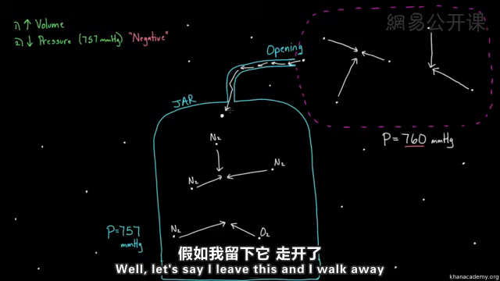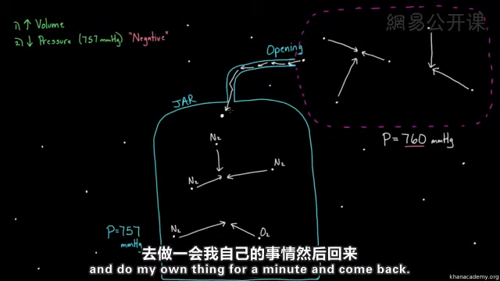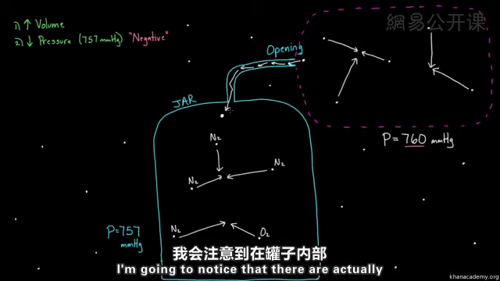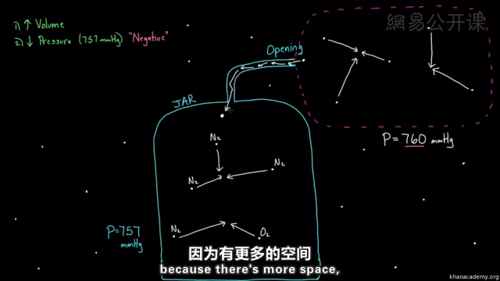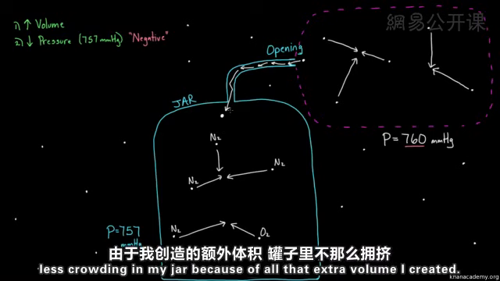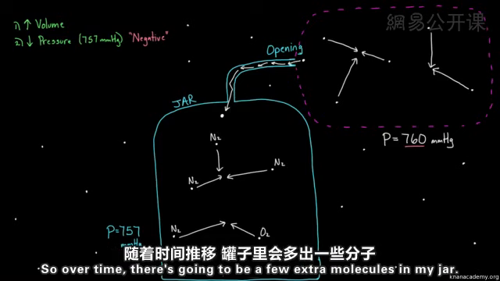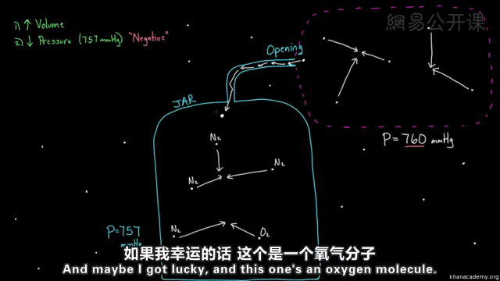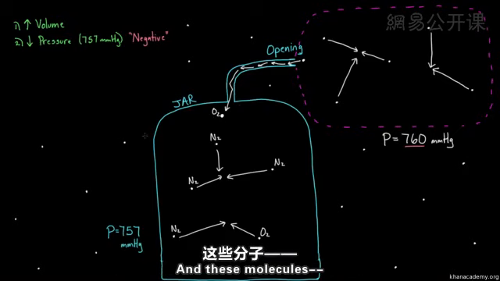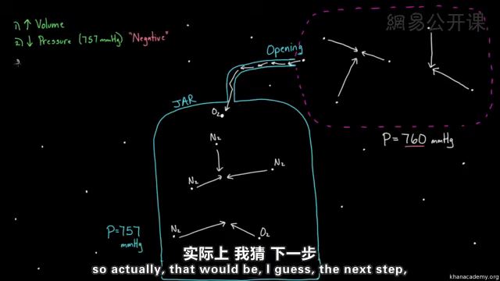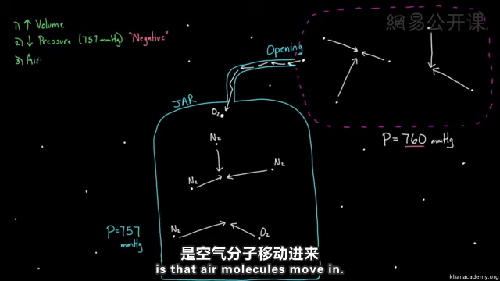Well, let's say I leave this and walk away and do my own thing for a minute and come back. I'm going to notice that there are actually extra molecules on the inside of my jar because there's more space, less crowding in my jar because of all that extra volume I created. So over time, there's going to be a few extra molecules in my jar, and maybe I got lucky and this one's an oxygen molecule. So I've got extra molecules on the inside, and the next step is that air molecules move in,